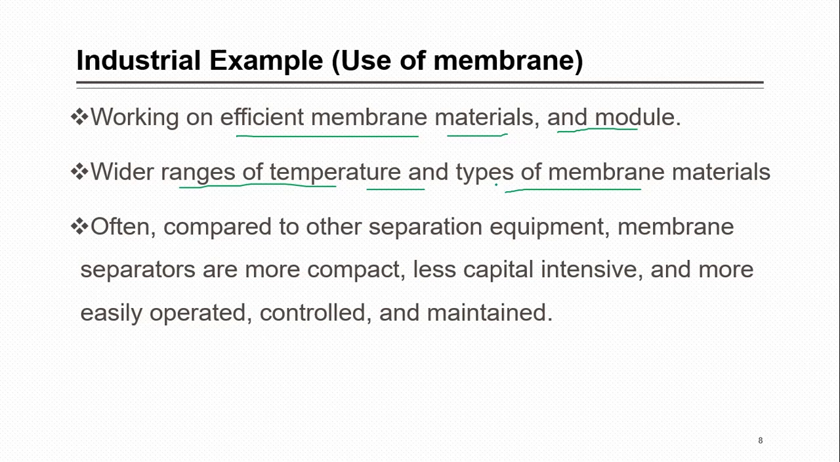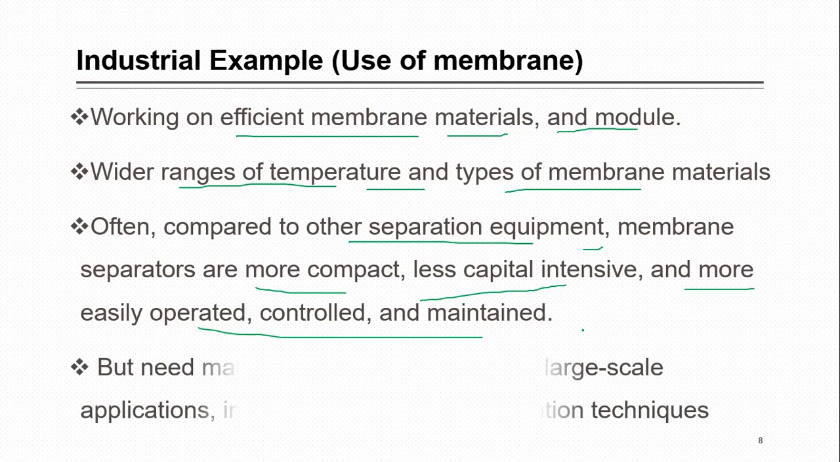Also, when you compare these membranes to other separation equipment, they have some other advantages. They are more compact as compared to other systems, and they are less capital intensive, with less capital cost as compared to other separation units like distillation or absorption, etc. And they are more easily operated, controlled, and maintained. Their maintenance is easy as compared to all those other equipment. All these are advantages of membranes of these days, not old days. In old days membranes had problems, but now with the improvement in membrane technology, these advantages are available